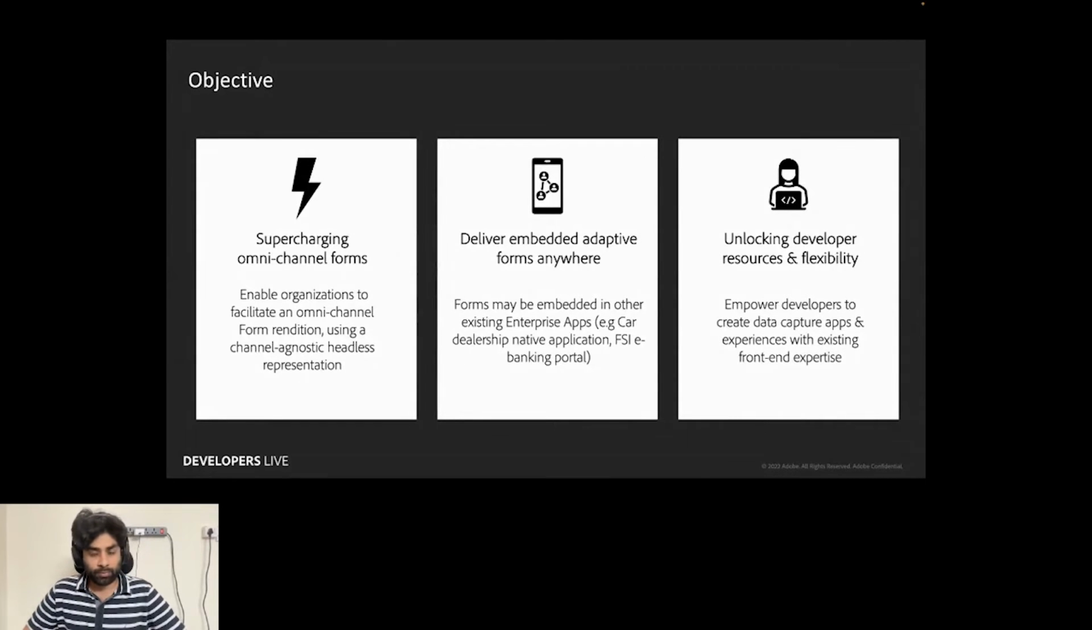But the current approach that we have in headful has some limitations, since it delivers the form in HTML, and that has its own presentation, which prevents front-end developers from making modifications, and any modifications to that HTML have to be done at the AEM level itself. So with headless,